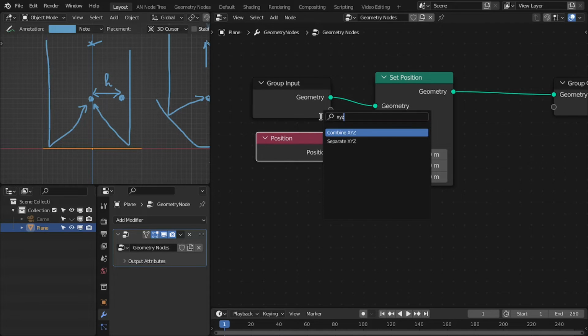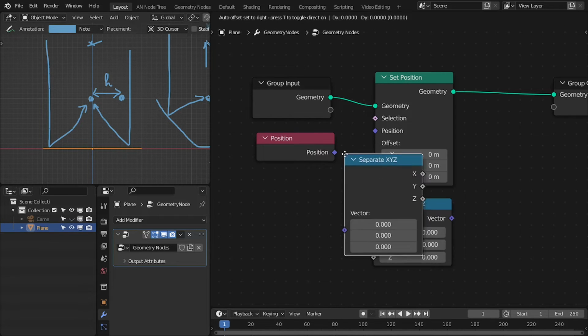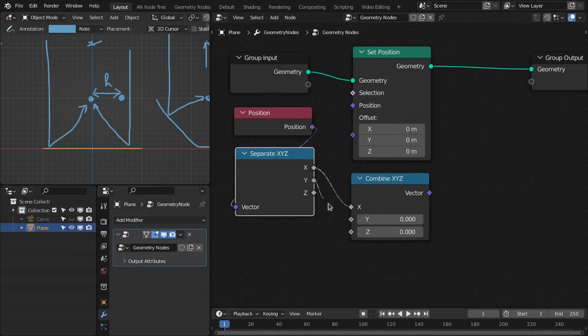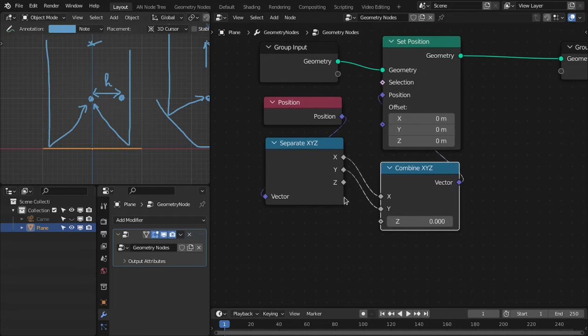Next is the combine XYZ and separate XYZ node. So let's connect this to this, and this to XY, and this to the position. Now we have to offset this Z scale,